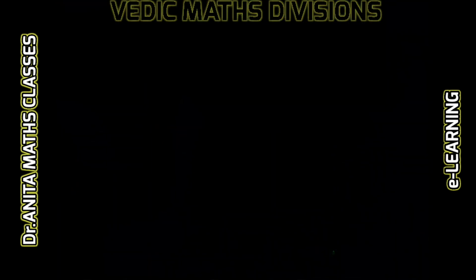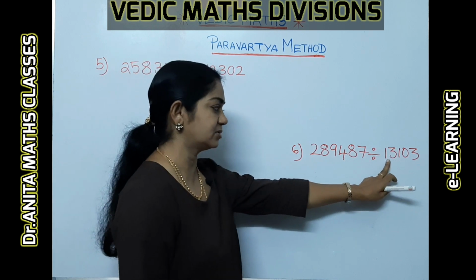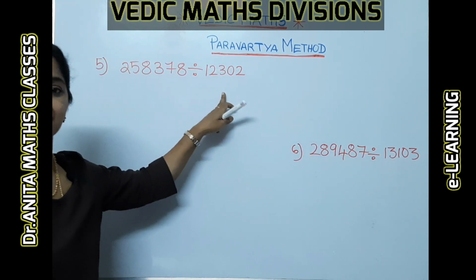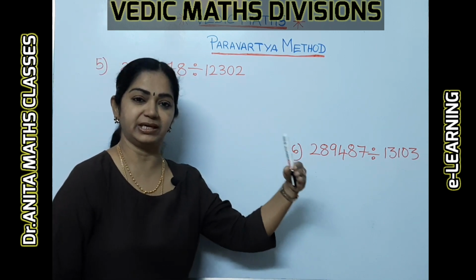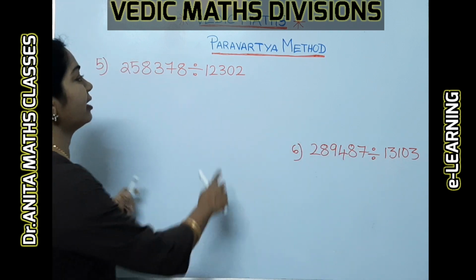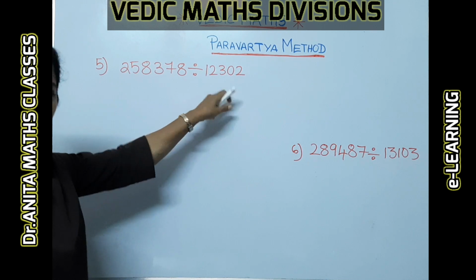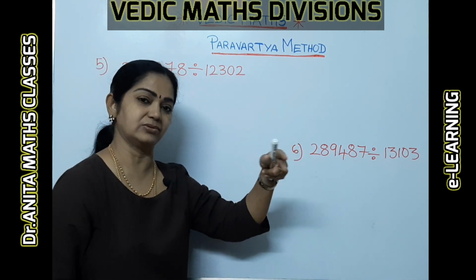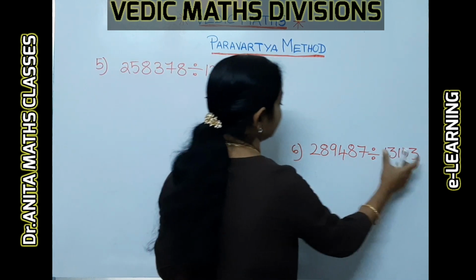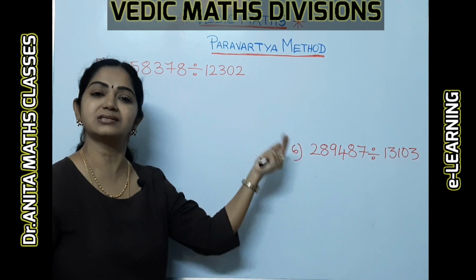Let's see the next one. Now see the dividend here is 1, 2, 3, 0, 2 and the divisor here is 1, 3, 1, 0, 3. So this is a 5-digit number, the divisor. So the base is a power of ten, that means 10, 100, 1000, 10,000, and so on, isn't it? Now here I have taken divisors which are more than 10,000. Likewise you can do it for thousands, 10,000s, 1 lakh, and so on and so forth. Here we have taken a 5-digit number as a divisor which is more than 10,000. So the base is 10,000 here.